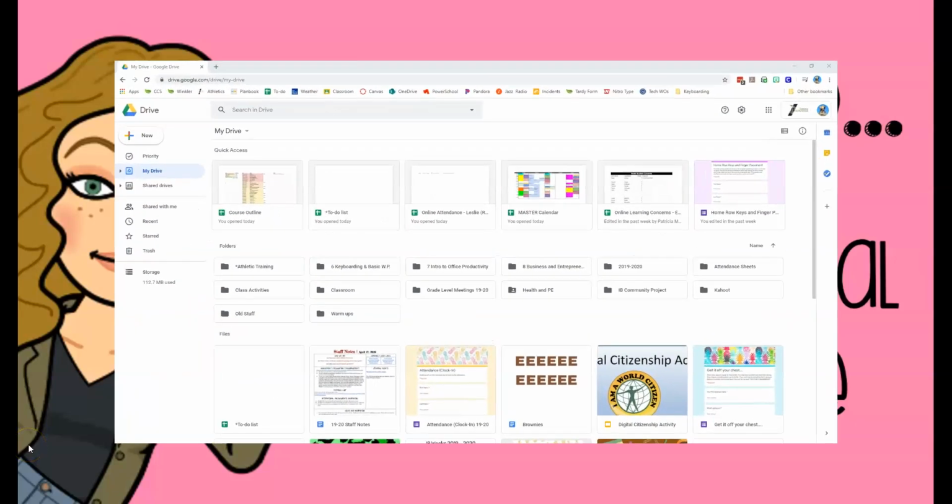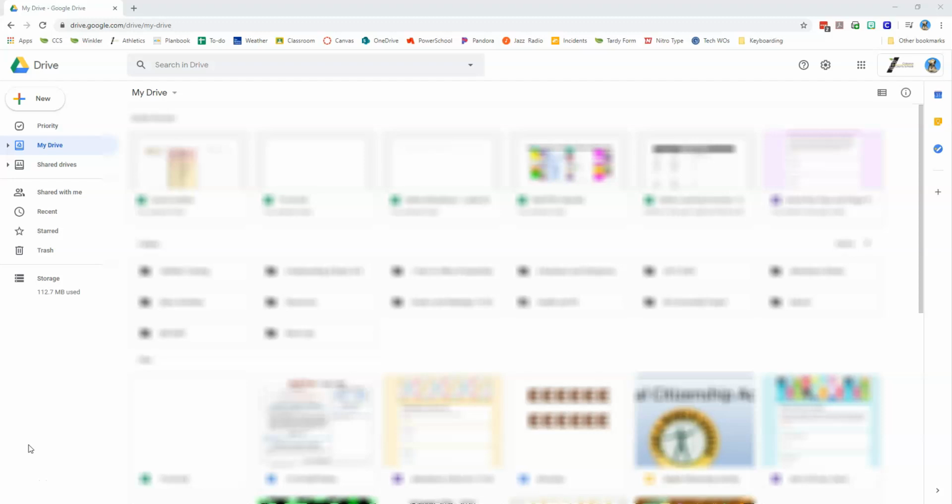Today we're going to be learning the basic skills in Google Slides. The first thing you need to be familiar with is your Google Drive. This is where all of your Google files are saved. To start a new Google Slides presentation, we click the plus sign for New, go down to Google Slides, come